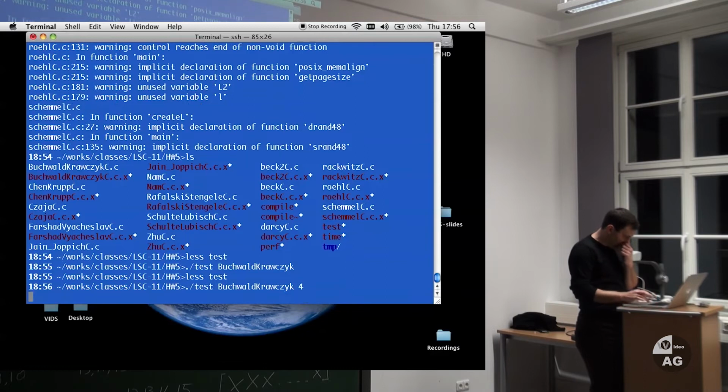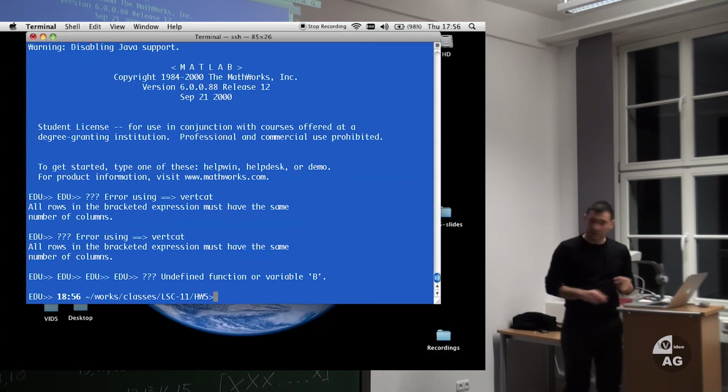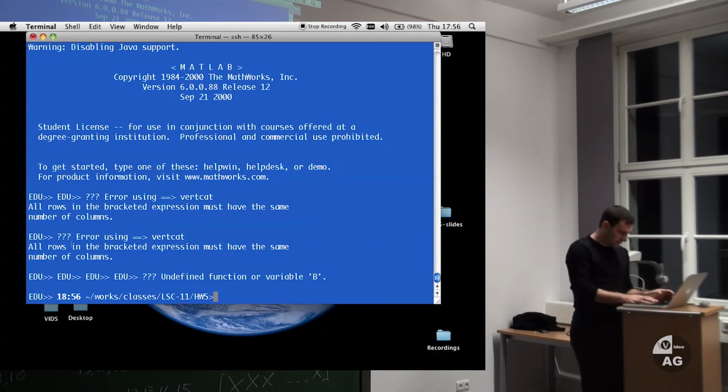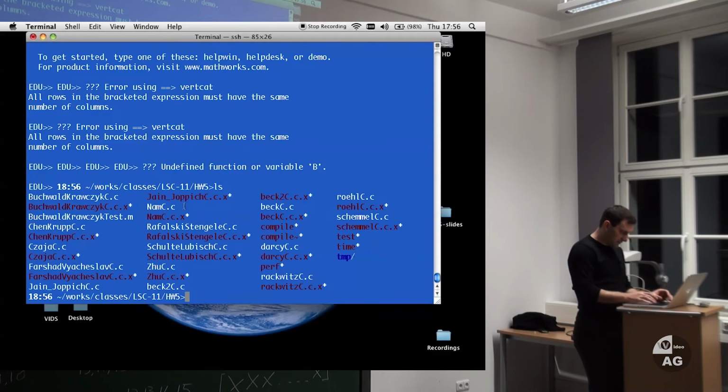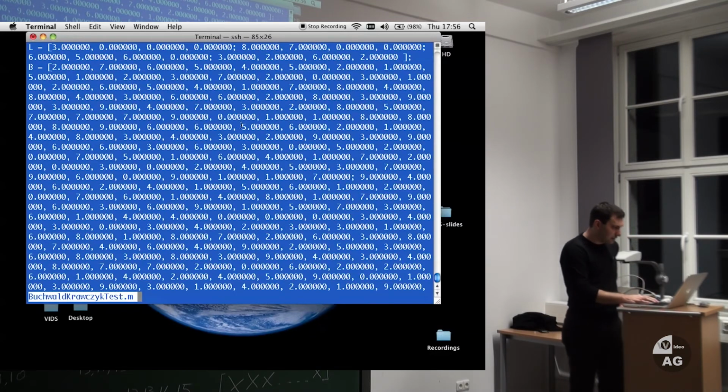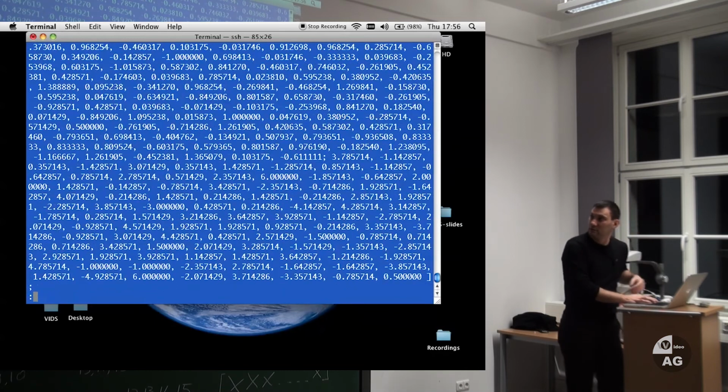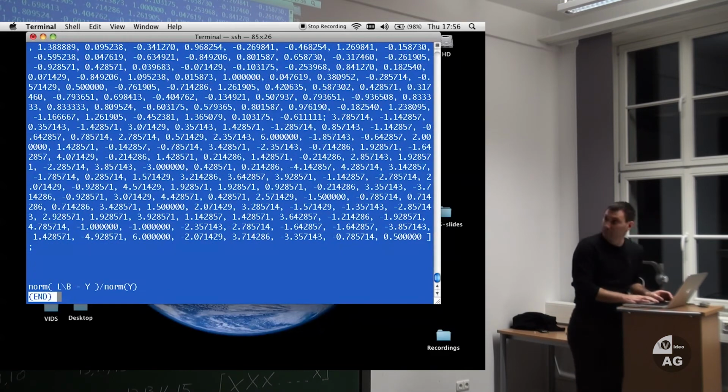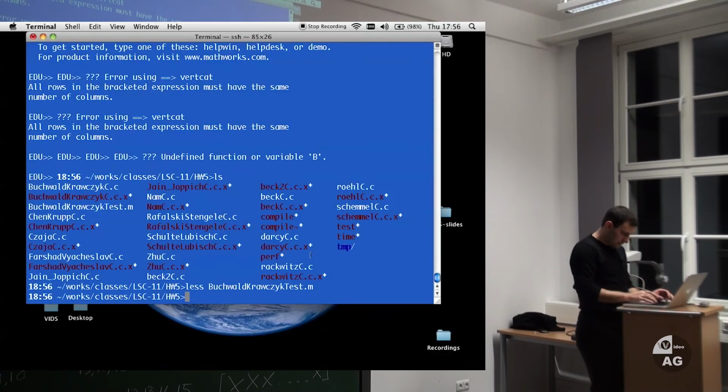Okay, I do this, and this automatically should call MATLAB and run it, but it doesn't work for some reason. So let's see what happens. So the M file is there, and this definition is not what MATLAB likes, at least not from the command line. Then I attach that thing in the end.